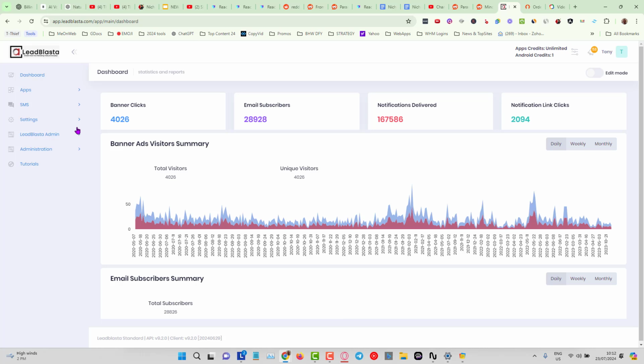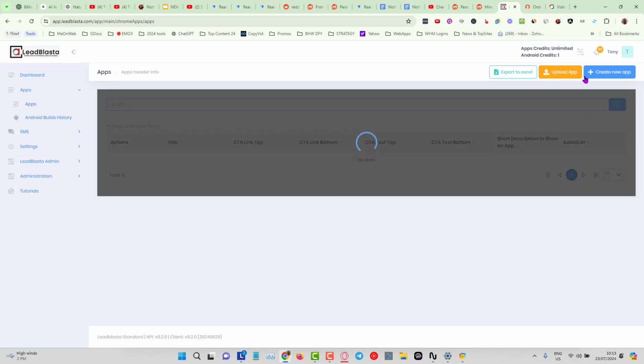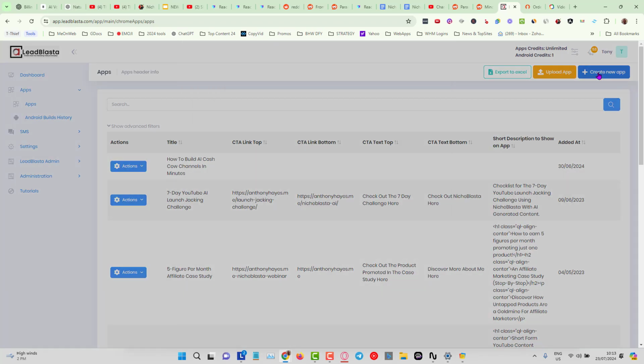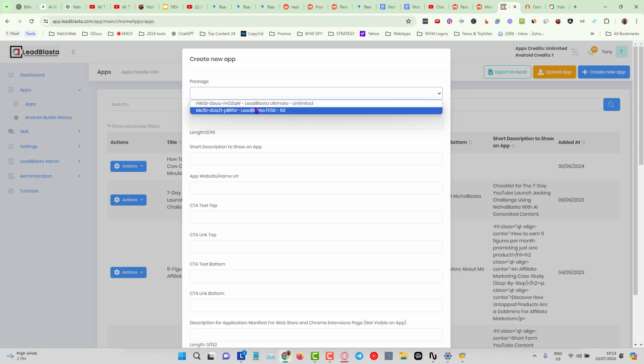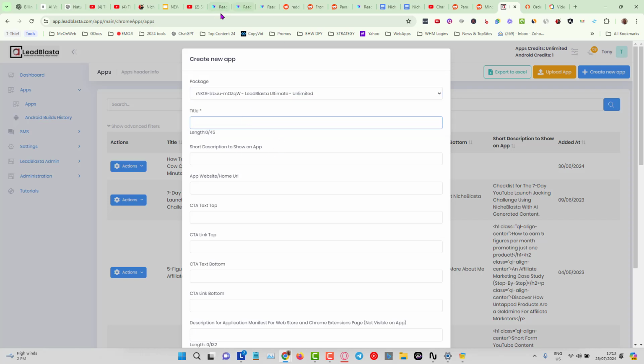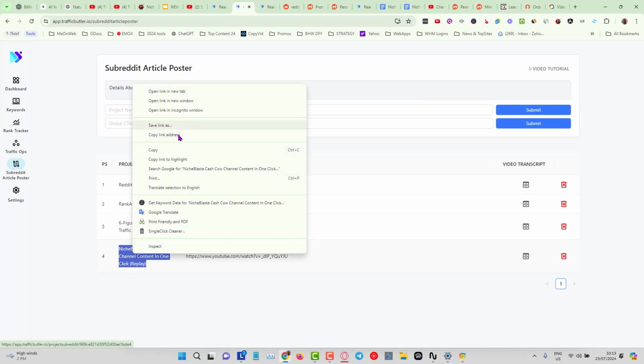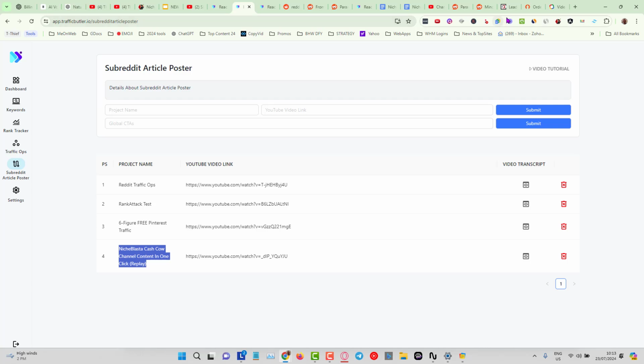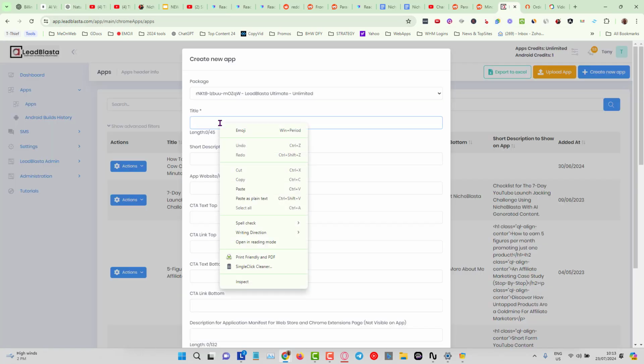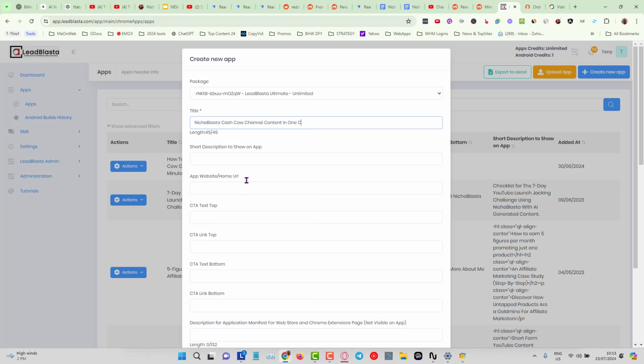So how do we use it, and where does the AI come in? So what I'm going to do is I'm going to come over here to where it says apps. Okay, and I'm going to click on create a new app, and I'm going to choose the licensing package that I've got here, and here I'm just going to put in some title. What I'll do is I will take from a webinar replay that we did recently. Now I've only got 45 characters of text, so this is going to go over. Okay, so we can put in here